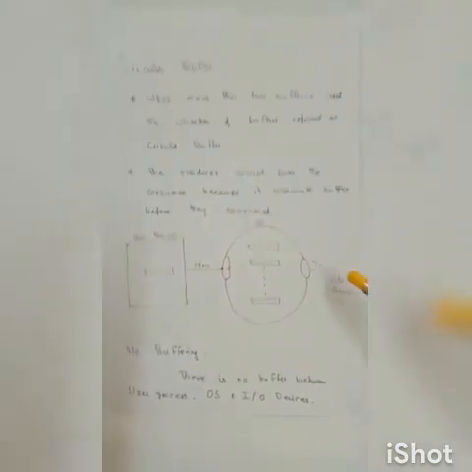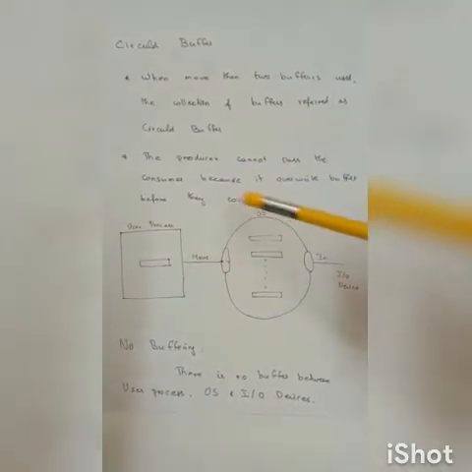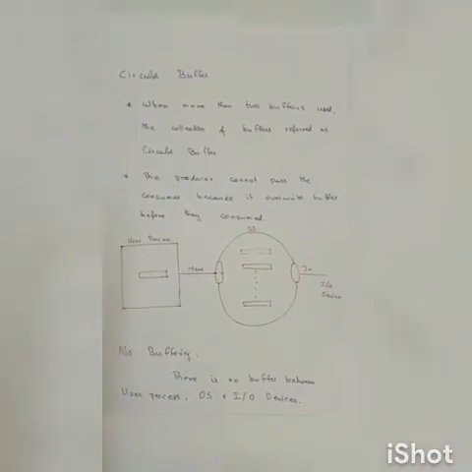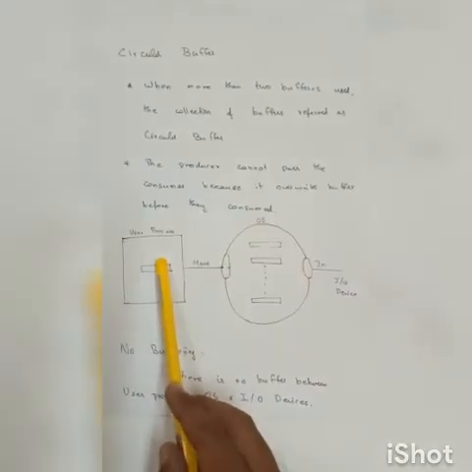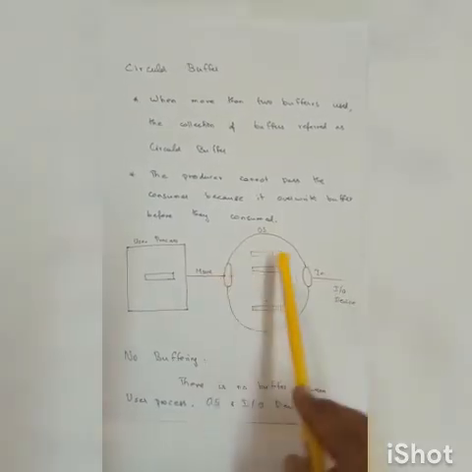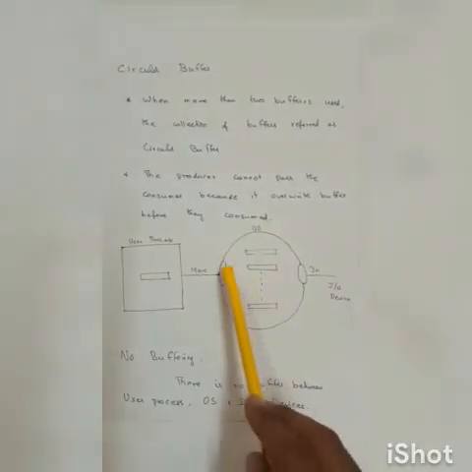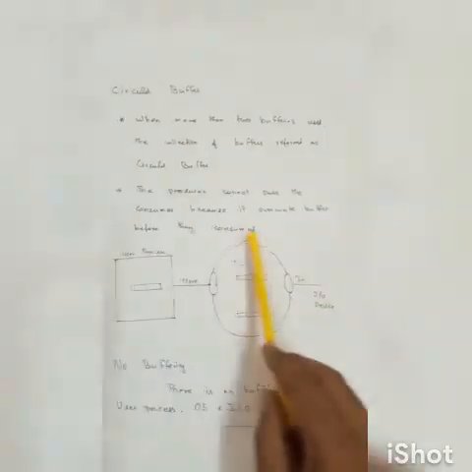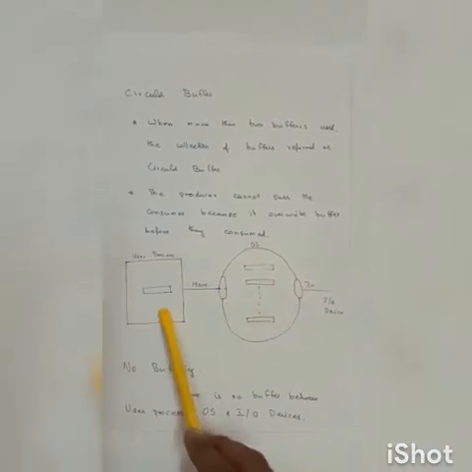And then the third one is circular buffering. It happens by itself, like a cyclic process. When more than two buffers are happening, you have a collection of buffers. So that's called your collection buffer. The producer cannot pass the consumer, because it will take place before the consumption starts. So the user process is here, he needs some data, so he moves over here. The OS has each and every module for itself, its own module, and all the modules are interconnected. Whatever the user needs, he requests the information. It happens over here, and it gets the information from the input output devices and gives it back to the user. That's how the circular works.